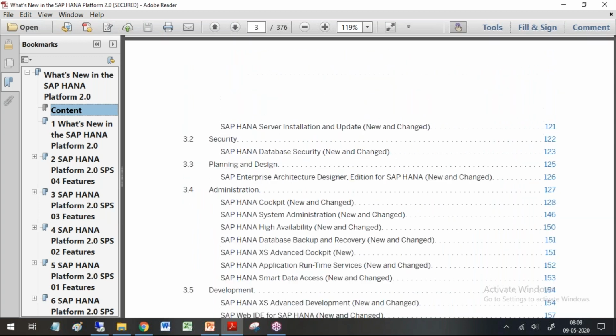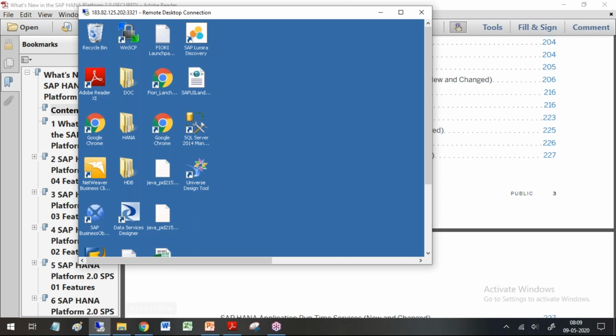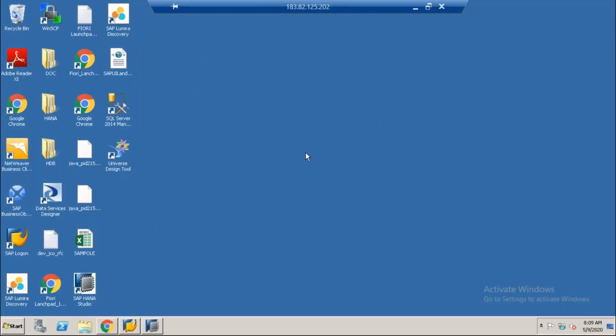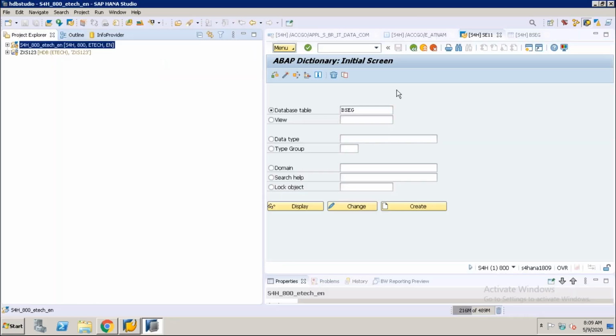Yes, we will discuss the major technical changes in HANA version 2, because HANA version 2 is what we are going to work with, and that provides the relevant access to all the HANA related development, which is rendered in the S4 HANA. So if we quickly switch over to the application interface,